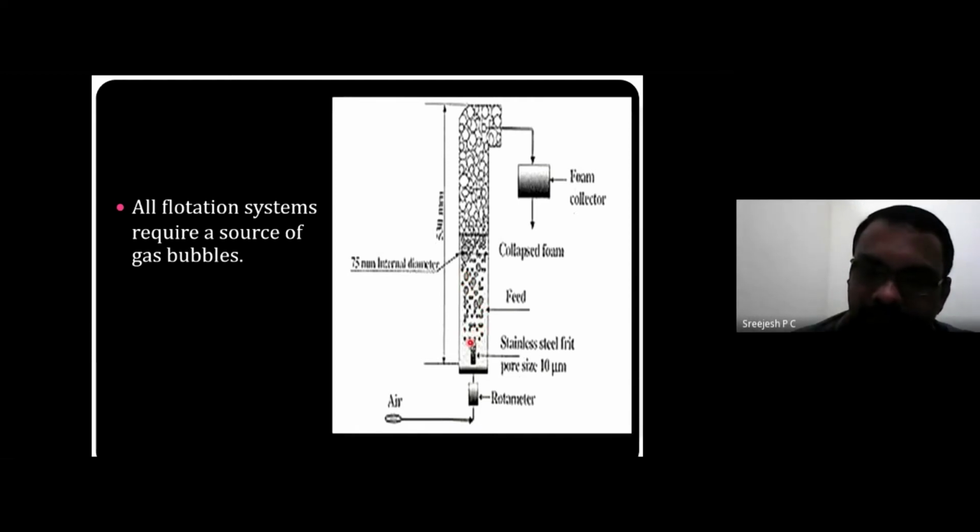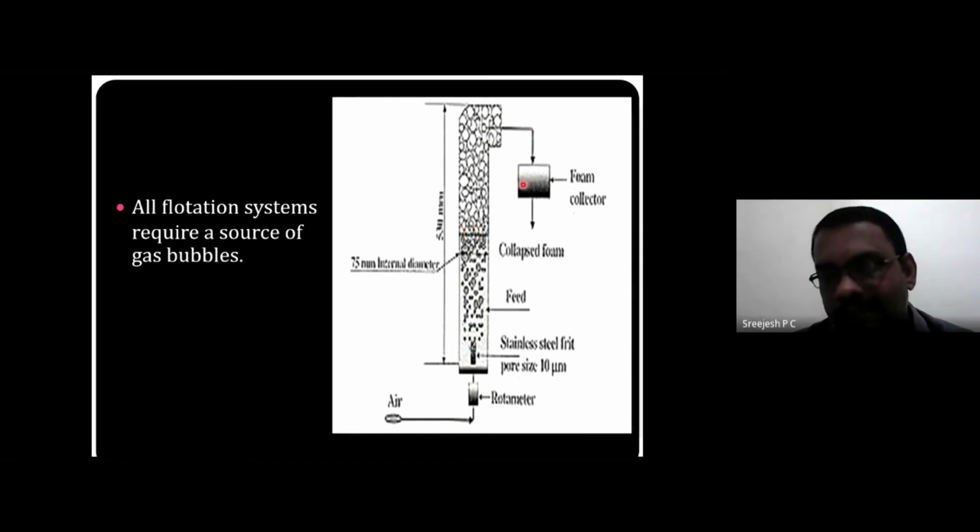As the tiny air bubbles are moving, you can see here the small particles, which can be the cells or any other solids. They will get adsorbed to the surface of the air bubble, and they will move along the column and reach the foam layer, and this foam will be collected. This foam layer can be skimmed and we can collect it.